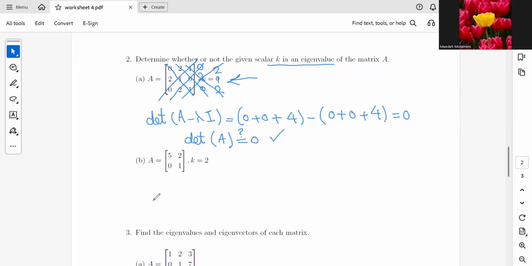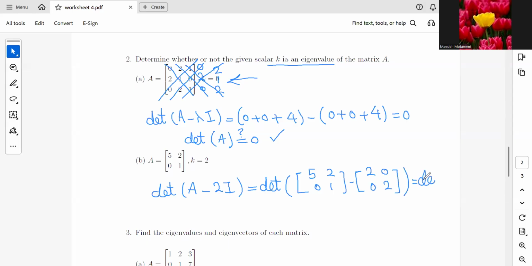Part B, same idea here. Determinant of A minus lambda, or the eigenvalue, which in this question will be 2. So it means that we are going to find the determinant of 5, 2, 0, 1 minus 2, 0, 0, 2,